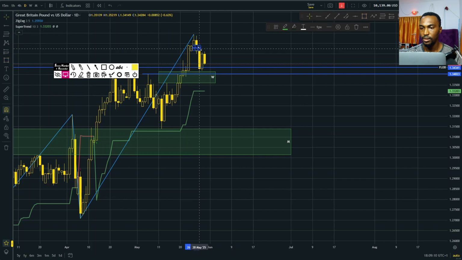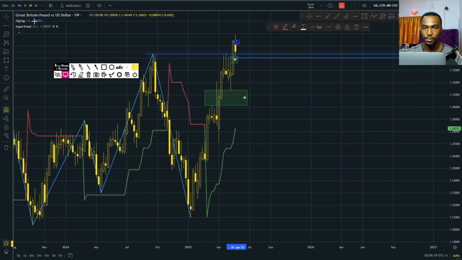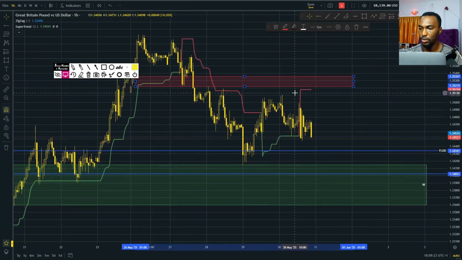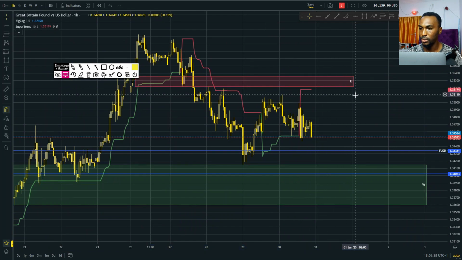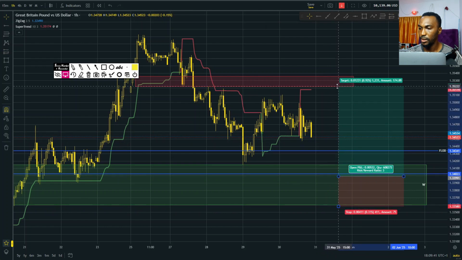This is something you should pay more attention to than the weekly. So with the daily fair value gap being paid attention to, it means on the 1 hour you're waiting for price to come in and start to push its way downward. But again, if you find this weekly more interesting, you can take it and chase it all the way to the daily area. In my opinion, that is also going to be a good idea, chasing the price all the way to this point.